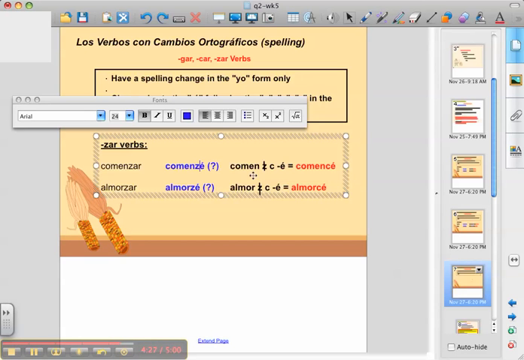You can see what's happening over here. We're dropping the Z, adding a C, and then the ending. But listen to this word, comenzé. Now listen to the one with a new spelling, comencé. There's no difference. So I'm not exactly sure what the rationale is behind making the change, but I do know that with ZAR verbs, you see it in every single form, just like with almorzar. We would naturally want to cut off the AR and just add the E, almorzé. They don't do that though. You'll see this, almorcé, sounds the same,